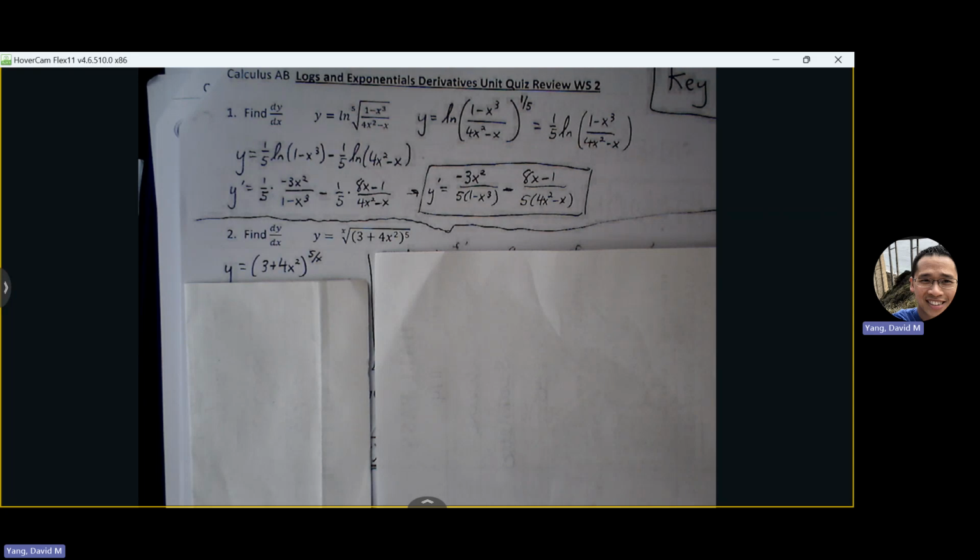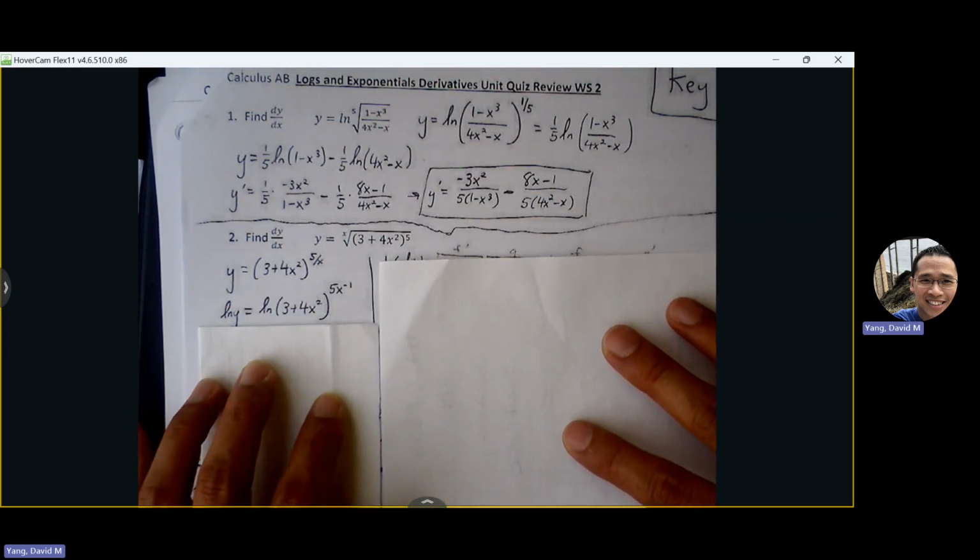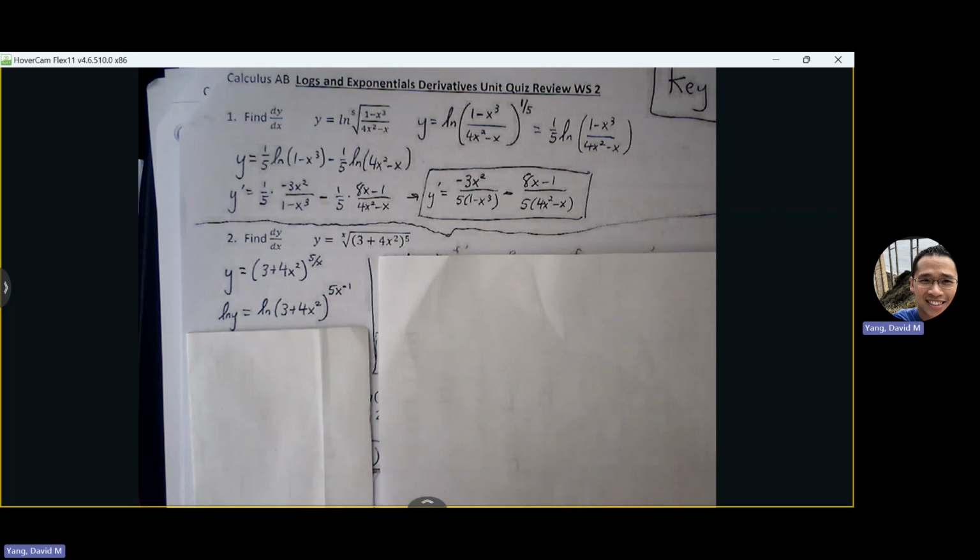We don't have a rule that can handle this, so what process is required? We have to take the what of both sides? Yeah, natural log of both sides, right? So this is log differentiation, and I will indicate that to you on the quiz. I'll say, hey, use log differentiation for a problem like this. So for a variable raised to a variable,